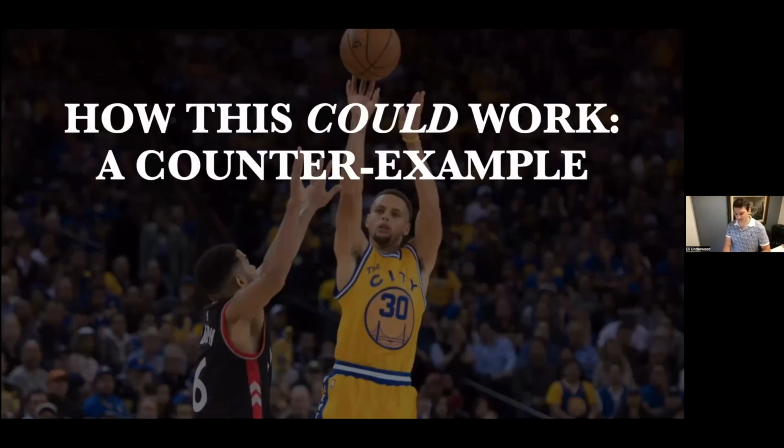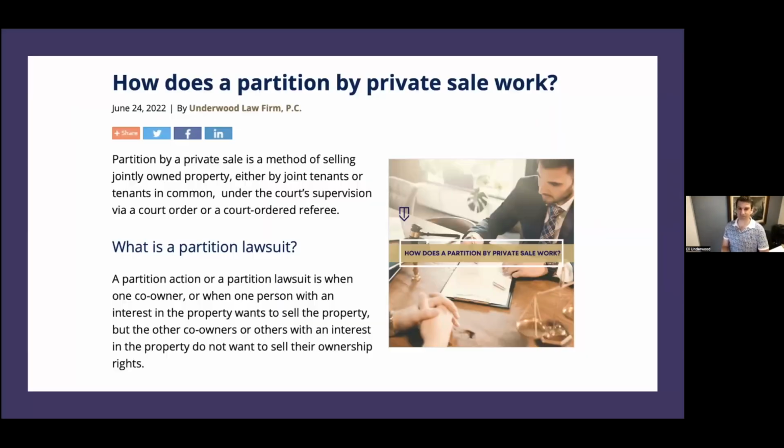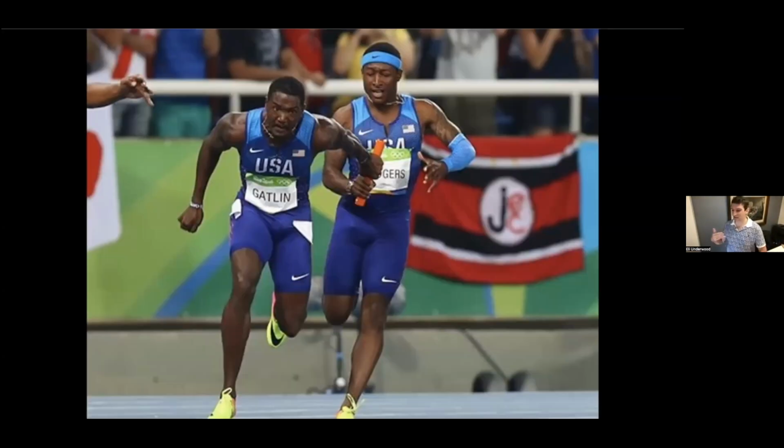But what if I was to tell you there was a way that sale could close, that house could get sold and could be listed on the market? Might be kind of interesting, right? So let's talk about a partition action. What is a partition action? A partition action is a forced sale of real estate where one of the owners wants to sell and another one doesn't. It's very simple. It has basically just 4 parts.